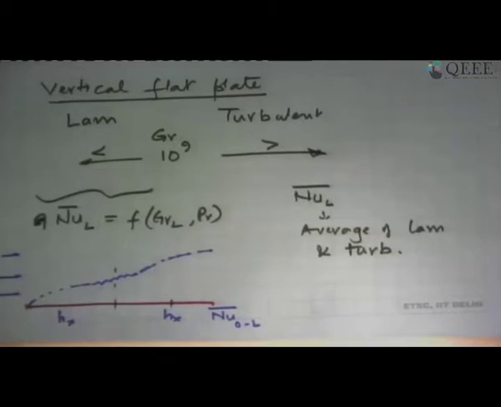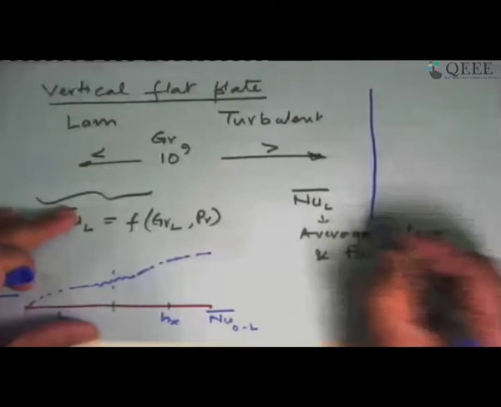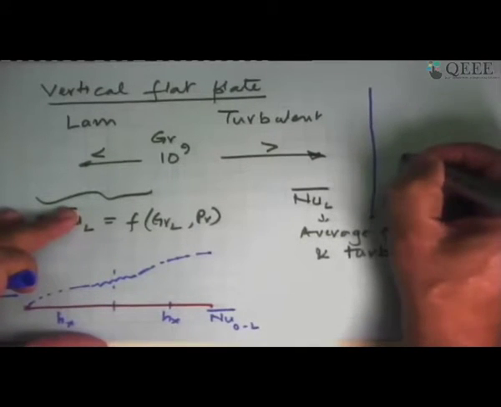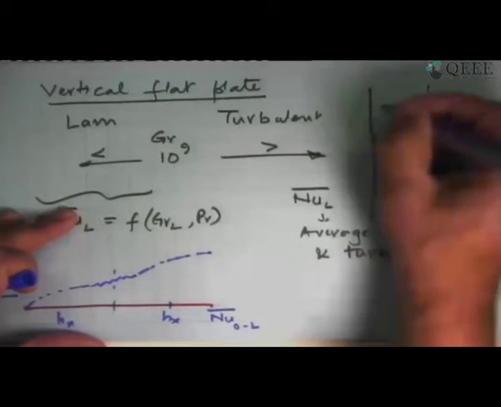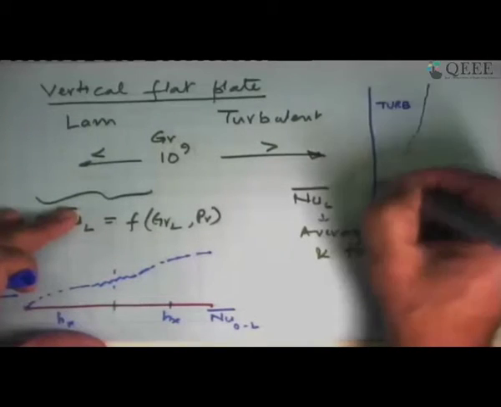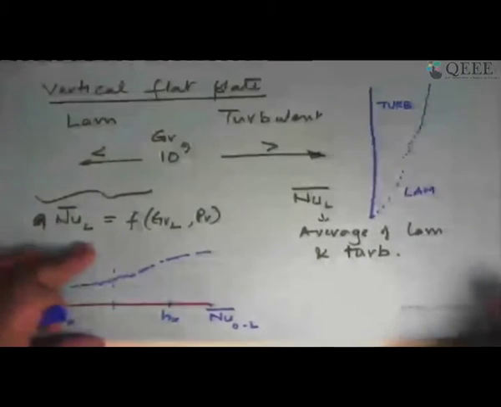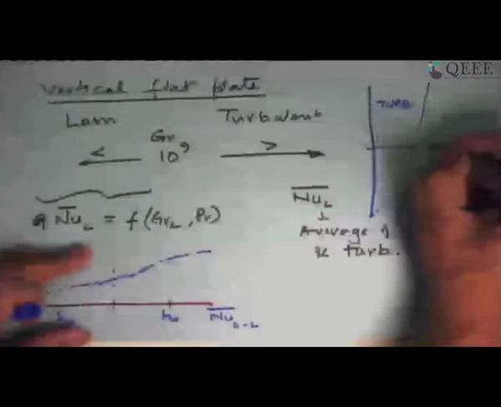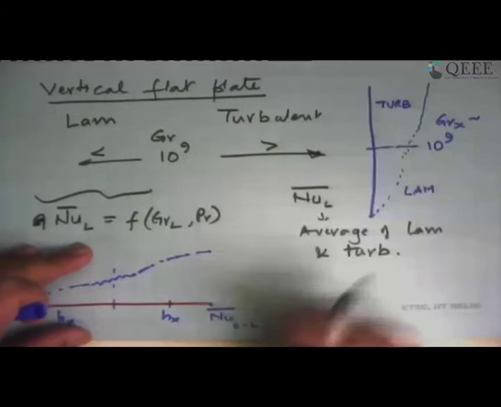What happens in this case is that you have a vertical plate at a different temperature, the boundary layer grows, yes, at some point it transitions, and then it becomes a turbulent boundary layer. So here you will get a turbulent boundary layer, here it could be a laminar boundary layer. And this approximate point where the transition takes place is at Grashof number 10 to the power 9.